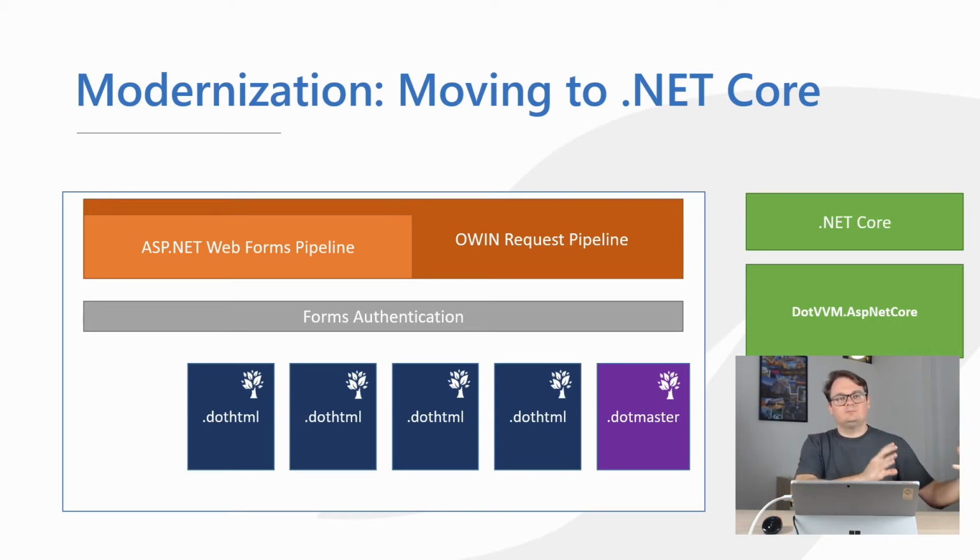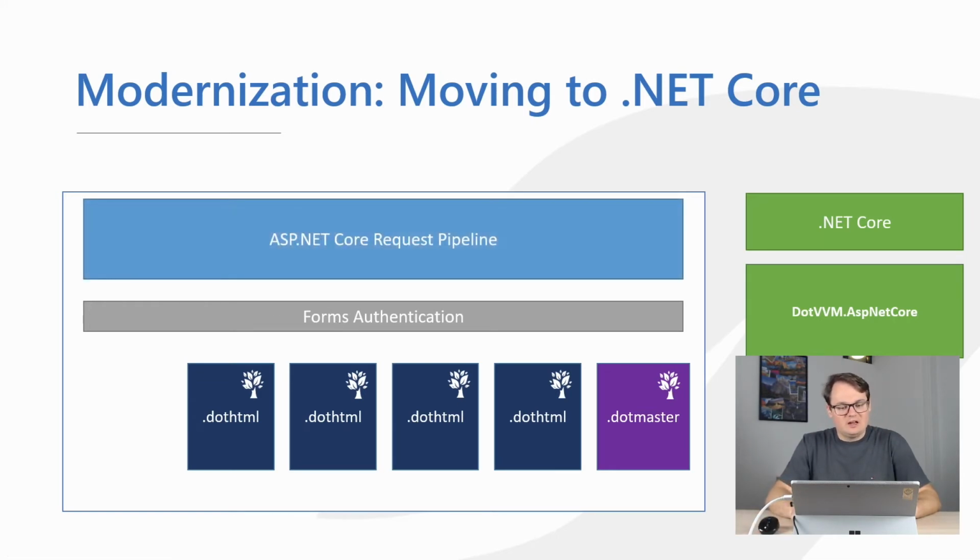project next to the original one in .NET Core and just copy all the .vvm pages and copy all the code that's involved. It doesn't matter. But this new project will use the .vvm.ASP.NET Core package. But the syntax of these files and the view models, there are no changes in this. Really, nothing will change here. And you just need to remove the WebForms